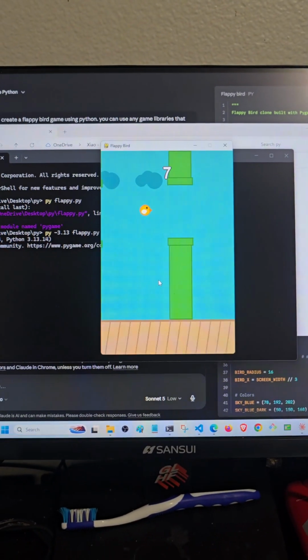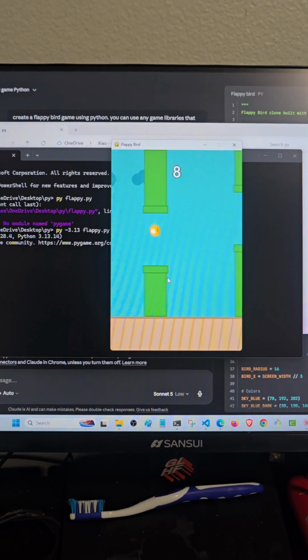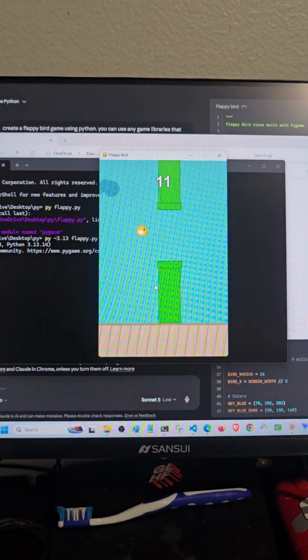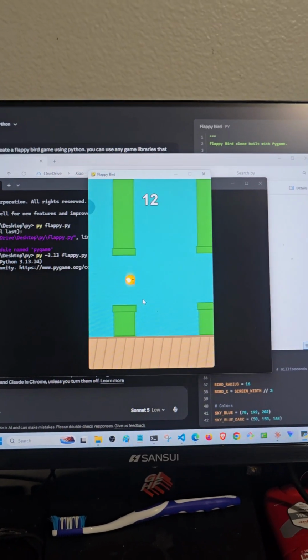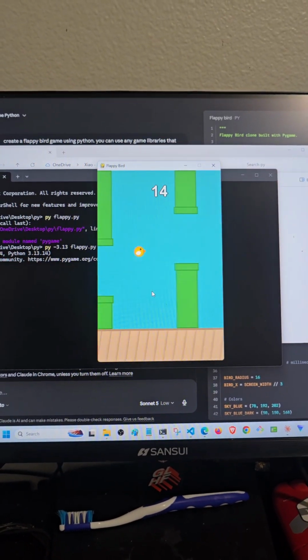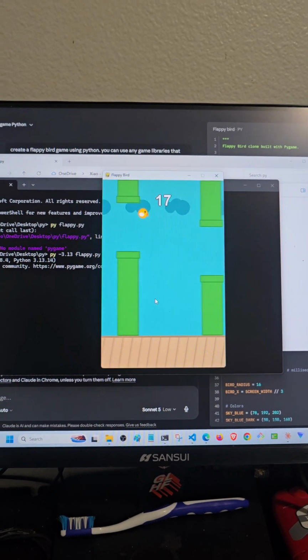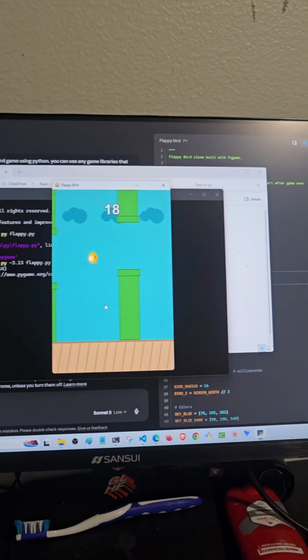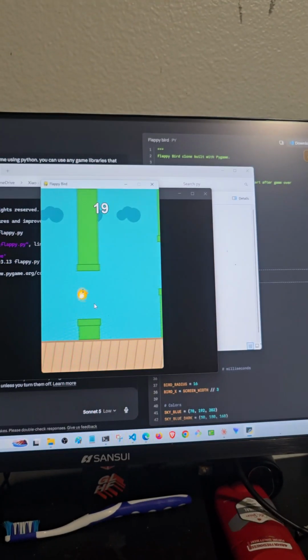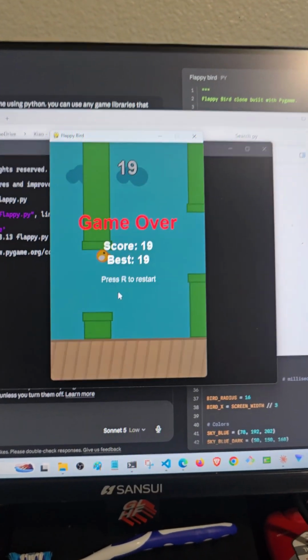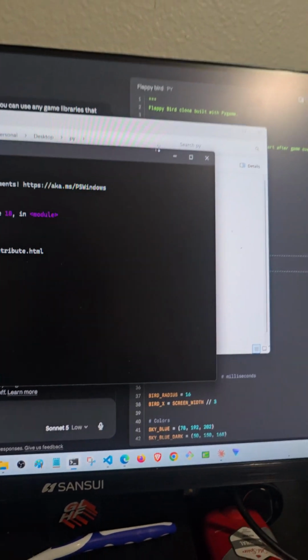Can I get to 10? I think I can. Come on. Yes. There we go. Ooh. Still going. Oh, shit. So close. Probably I might get to 20. Let's not jinx it. Oh, it was just one more to get to 20. Fuck. Okay. There we go. So you can see it did create that.